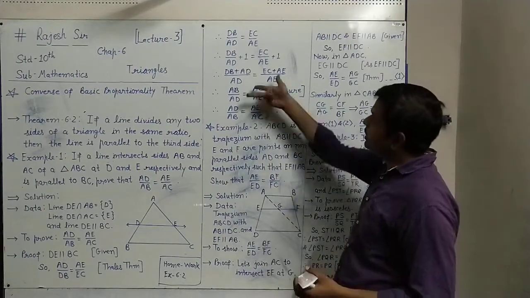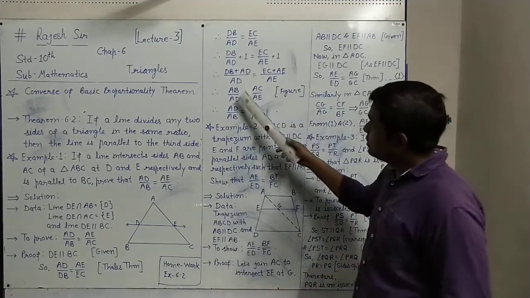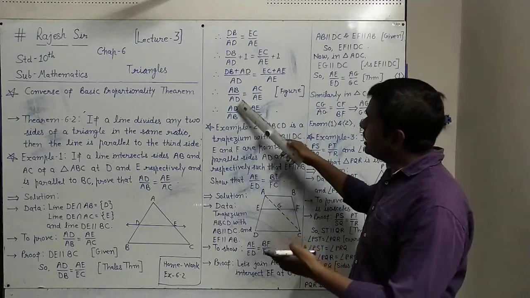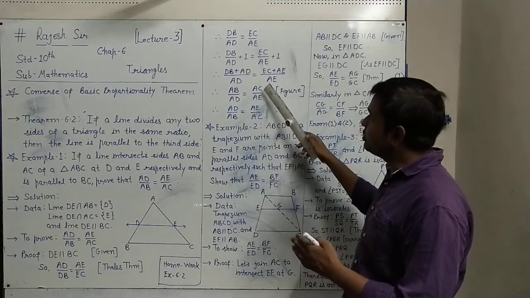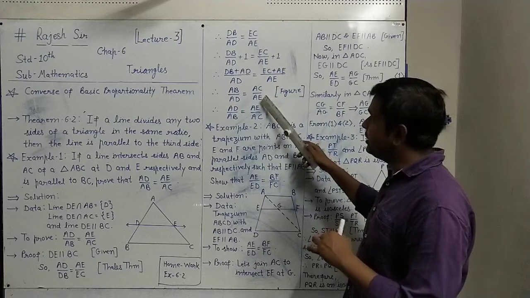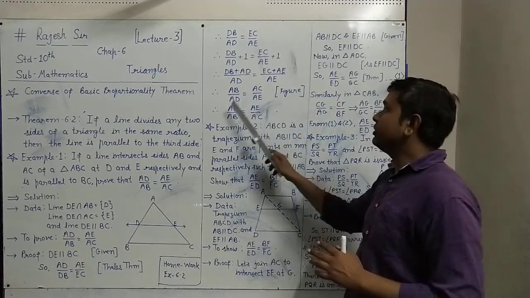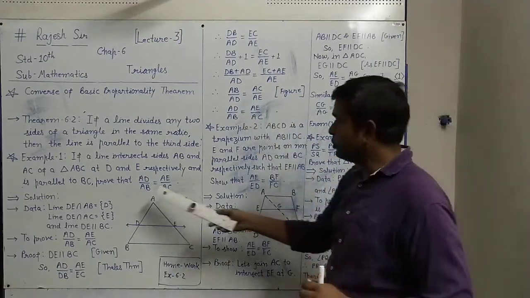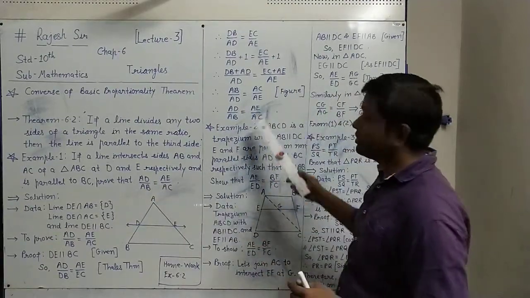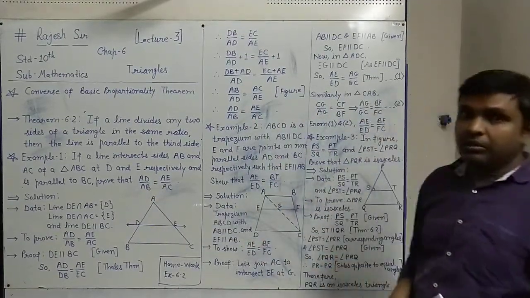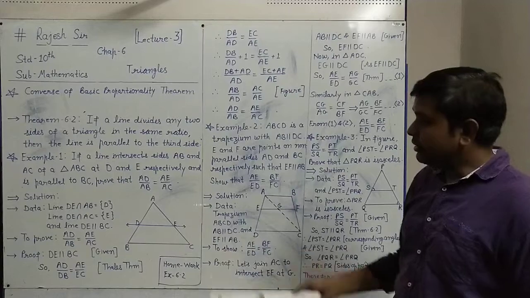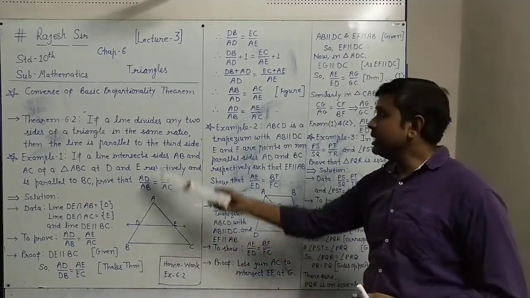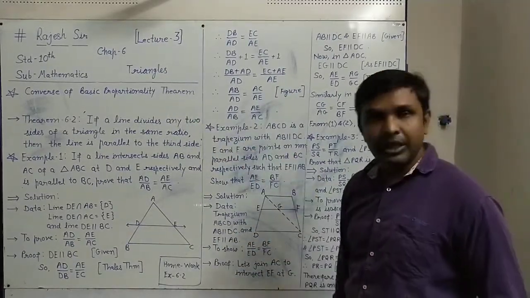Now again take the inverse on both the sides. So the inverse of AB upon AD will be AD upon AB, and equals, AC's inverse will be AE upon AC. So this we will have the result, and that we wanted to prove, AD upon AB equals AE upon AC. This is proof, simply proof. So as you have seen, here we have used the Thales theorem, that is the basic proportionality theorem, in this example 1